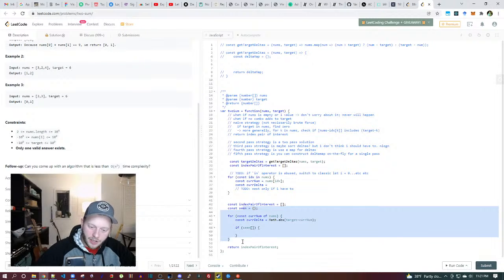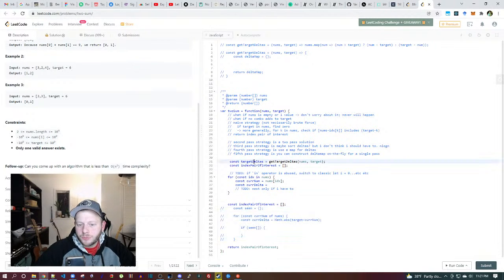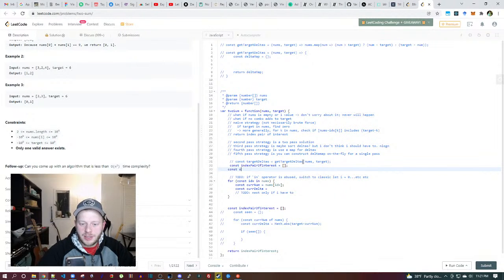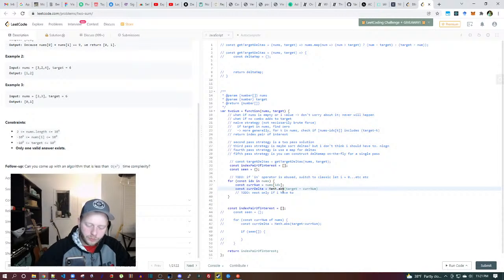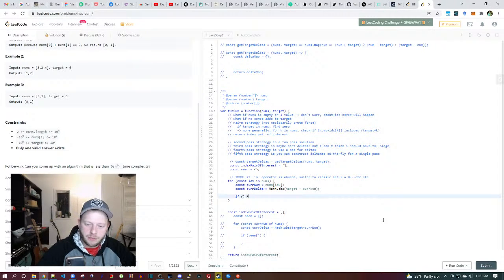Ew, comment all that. So we're going to call this seen, const seen equals, if the in operator is abused, fine, and then you have the index. Here's the current num, here's the current delta. That will be math.abs target minus cur num. Okay, so that's the current delta, and that's only if I have to, and I don't have to. So we'll say if seen